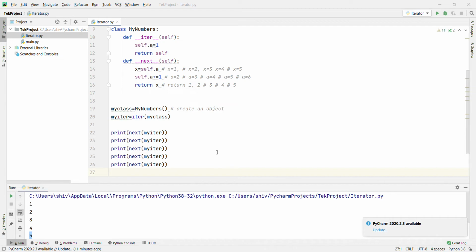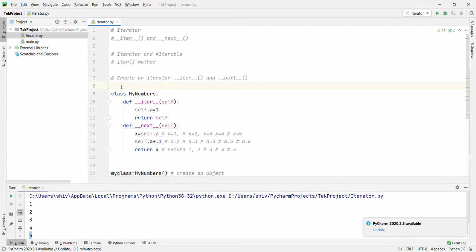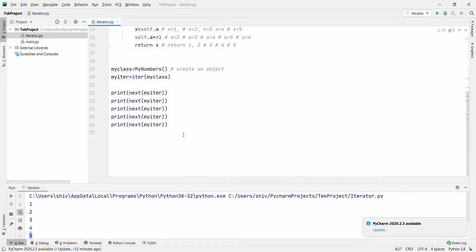Now I am going to show you StopIteration. What will happen if it continues forever, if you have enough next statements, or if it is used in a for loop? To prevent the iteration from going on forever, we can use the StopIteration statement. In the next method we can add a terminating condition to raise an error if the iteration is done a specified number of times. Okay, let's remove this one.